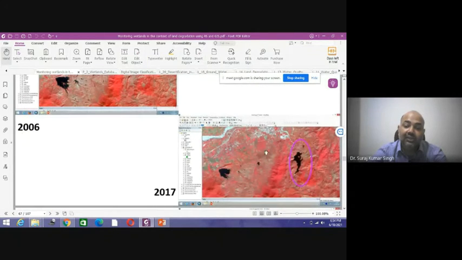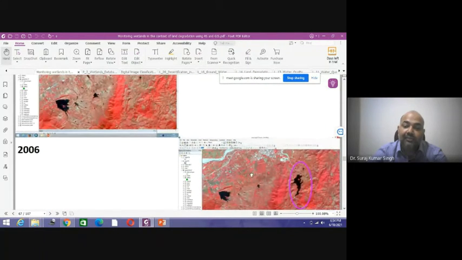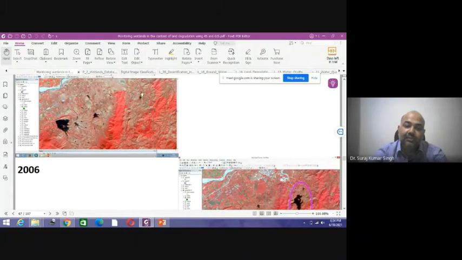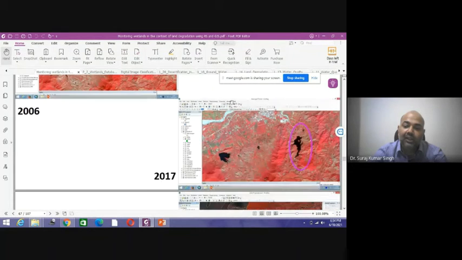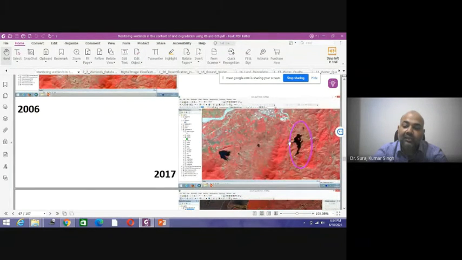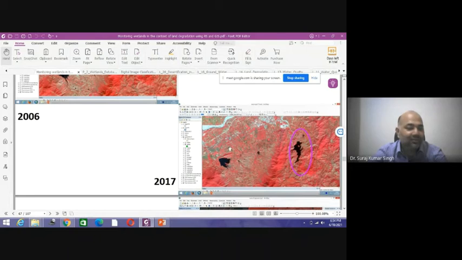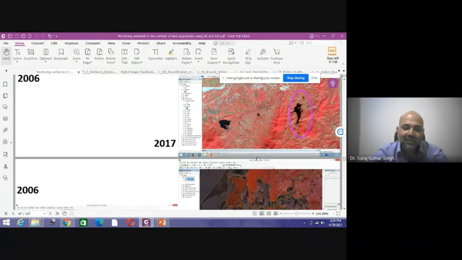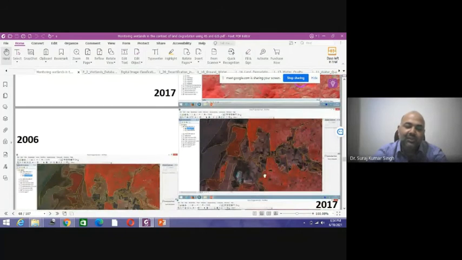In the same way, you can see in this satellite image that previously in 2006 in this portion there was no water body coming up, but in 2017 you can see a large water body coming up. Because primarily we are focusing on water bodies, that's why I am showing the water body. You can see the various other features. So it's not that only the changes in the water body will be seen.